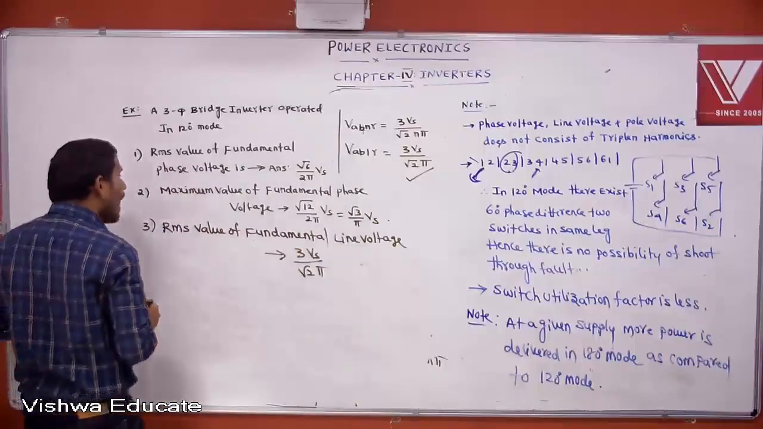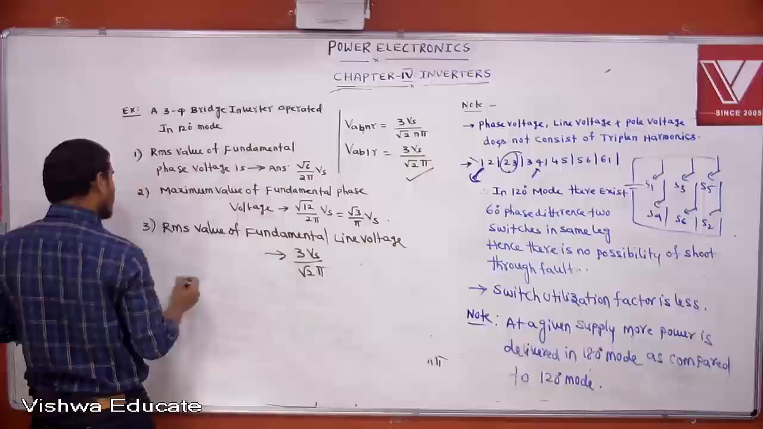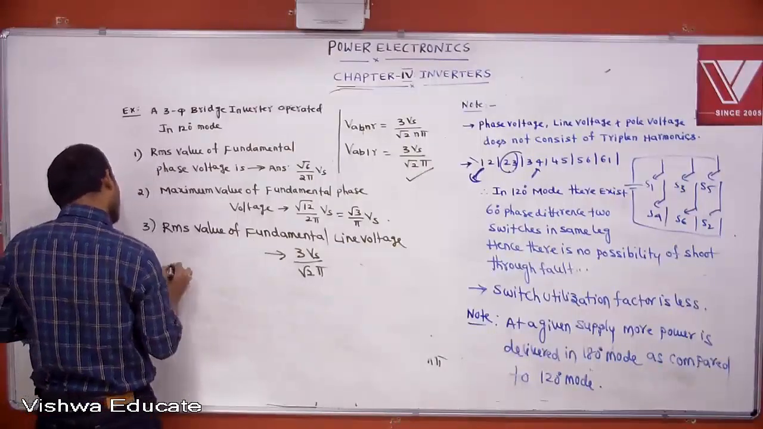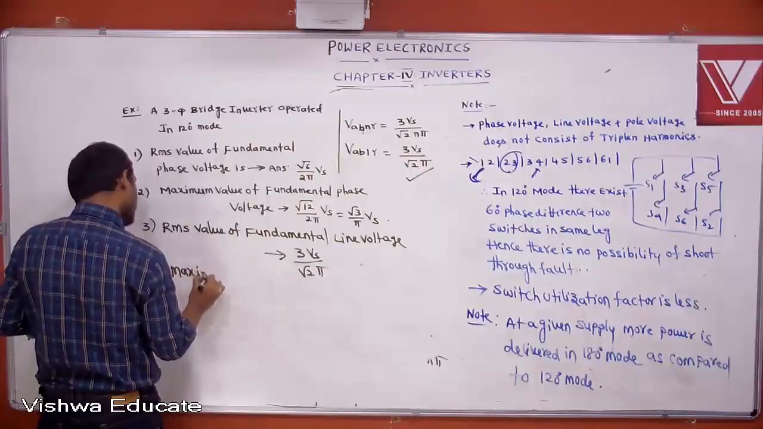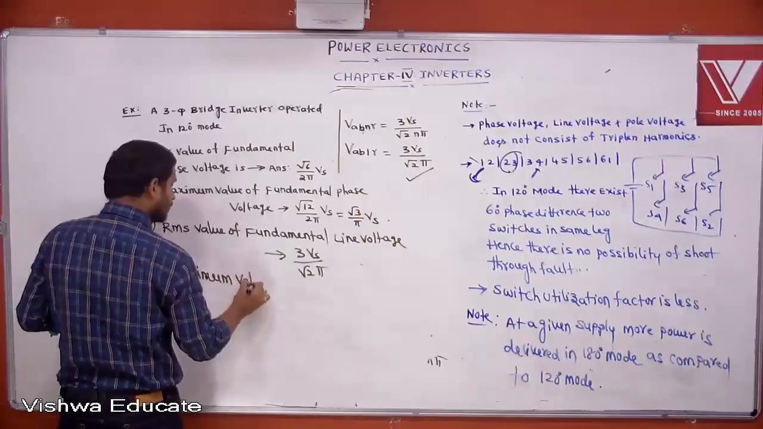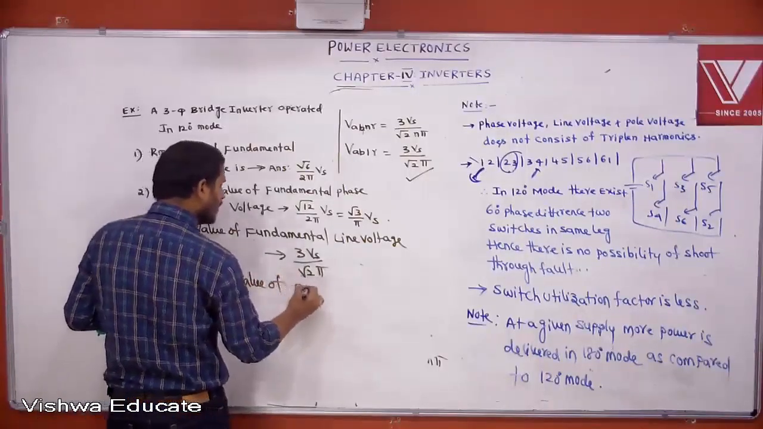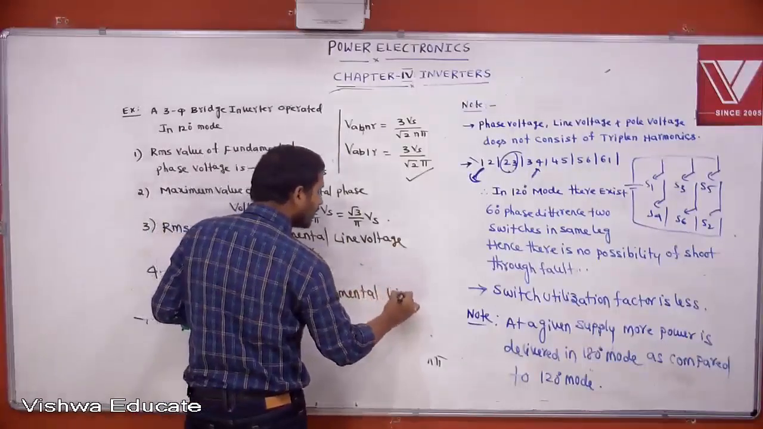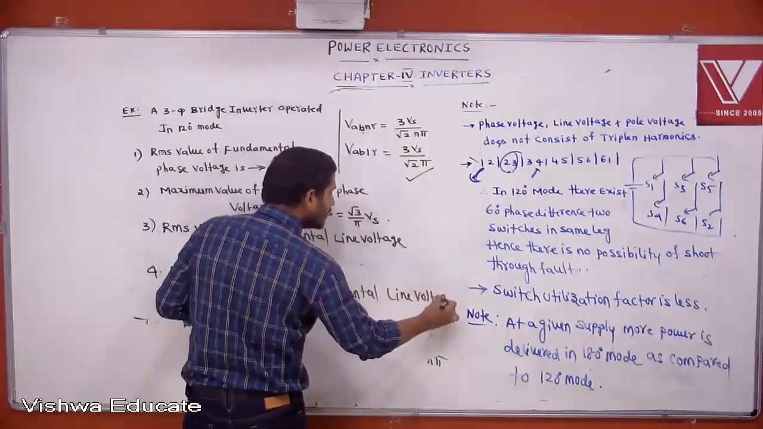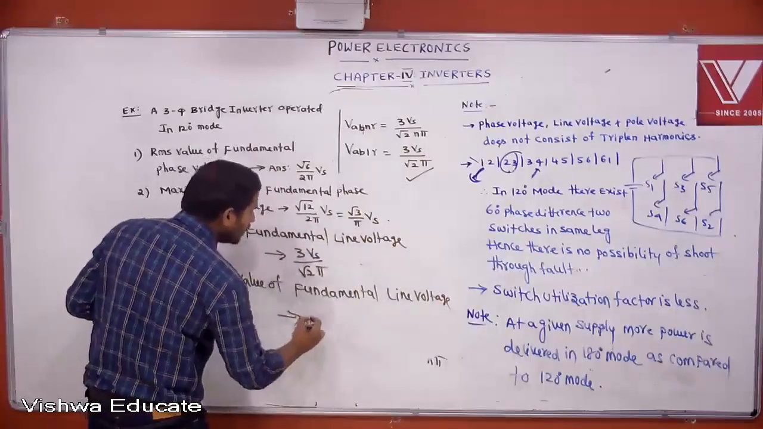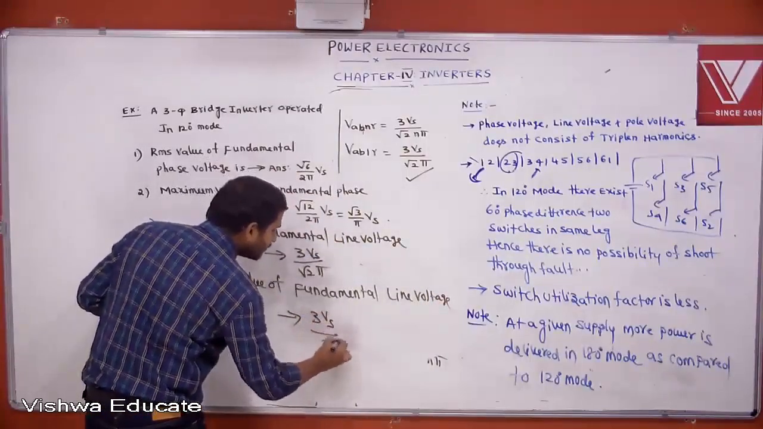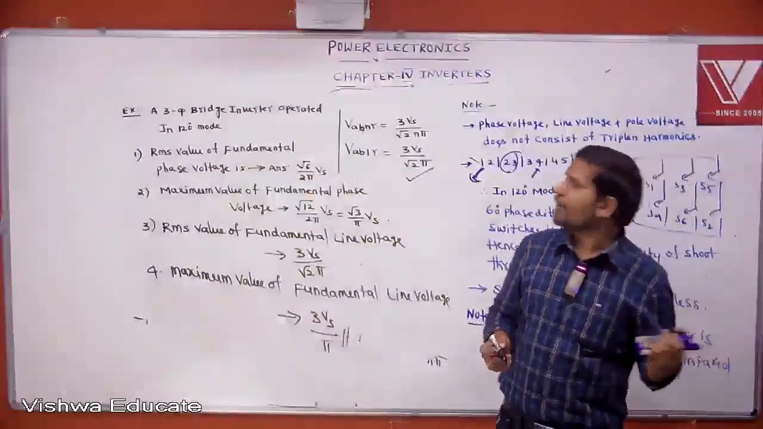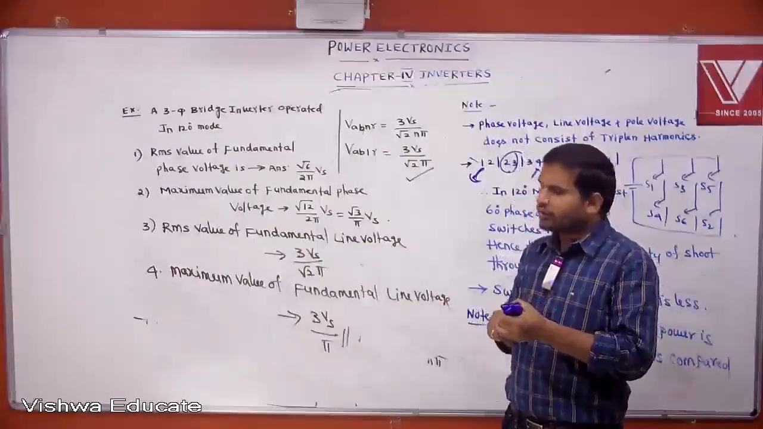Yes. Maximum value of fundamental line voltage. Any question we can expect. How much you tell me? You multiply with √2, then 3Vs/π. Okay, these are the points you remember with respect to 120-degree mode and 180-degree mode. With this, the three